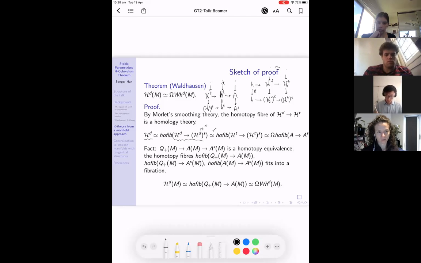The last ingredient for this proof is the fact that the composition of the map from the stable homotopy theory to A theory, and then to the excisive approximation, is a homotopy equivalence. This can be proved by, you can either use Waldhausen's original proof or just see it by some computation on the topological cyclic homology. But we just take it as a fact. So given